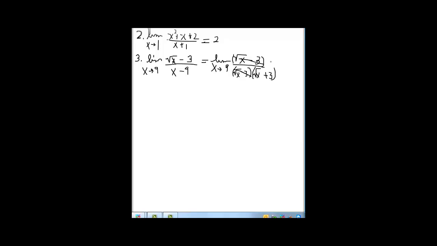All right, now let's see what's left. If I'm going to clean this up, which I'm going to try and do down here. I don't know if there's much cleaning this stuff up. Okay, let's look at the remaining problem here. What we're going to have is 1 in the numerator. We divided this out. Okay, over square root of x plus 3. Okay, so now when we evaluate the limit,